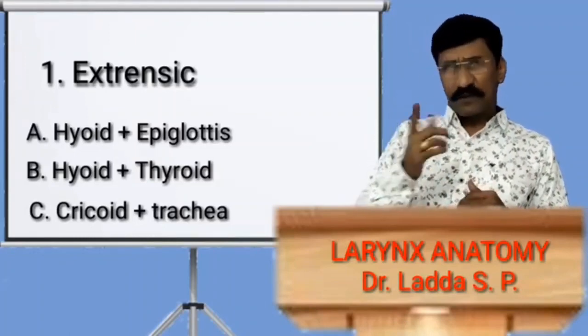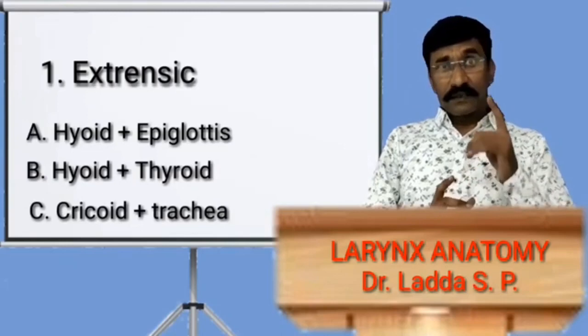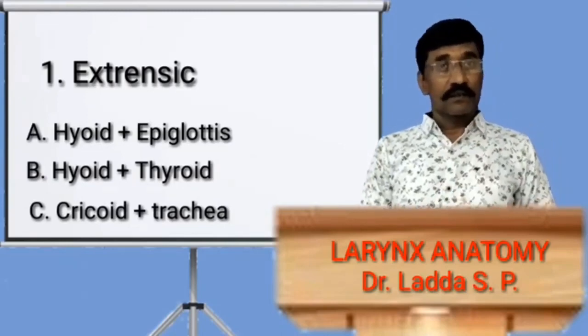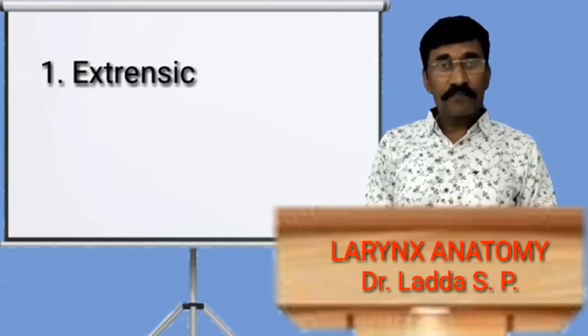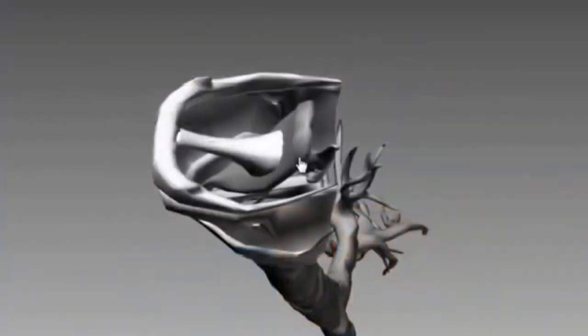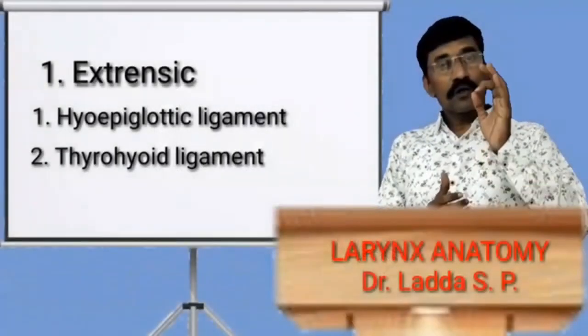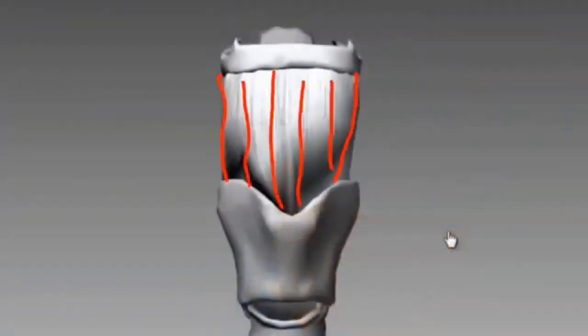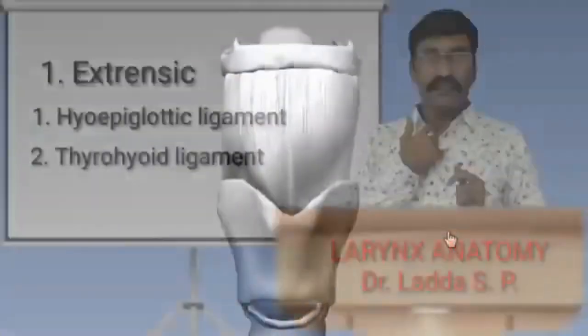Now who is connected with whom? One is hyoid with epiglottis. So what could be the name of that? Hyoepiglottic, yes, hyoepiglottic fold or ligament. Second thing, thyroid is connected with hyoid, thyrohyoid membrane. And third one is